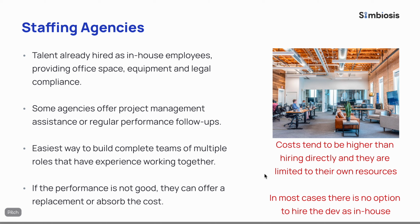If you require full stacks, DevOps, QA, UX, UI designers, most of these agencies have those roles, so they can actually build teams that they have previous experience working together. So that's a huge advantage. And also, if the performance is not good, they can offer a replacement or absorb the cost. So basically, they're providing more accountability, and also they decrease the risk of hiring someone that is not a good